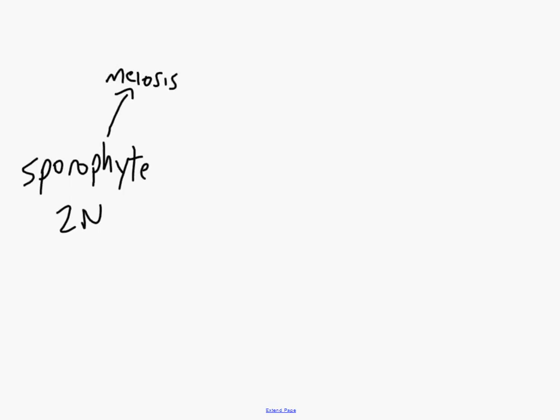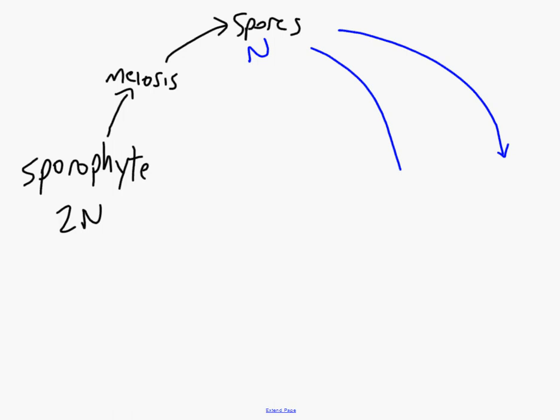So how can we put all this together? Well, just a simple diagram without a bunch of pictures on it. The sporophyte, this is typically the plant that you see. It's a diploid organism. Through the process of meiosis, it's going to create structures called spores. Depending on the kind of plant, these spores are going to be different things. Those spores are haploid, and they're going to grow into either the male or the female